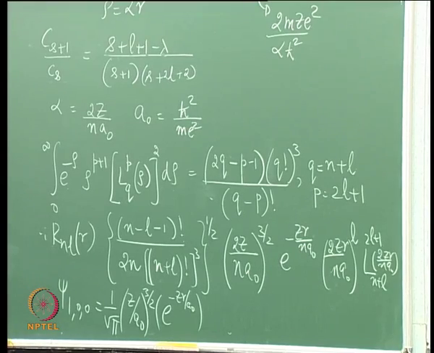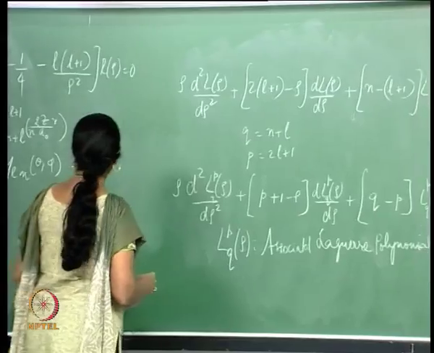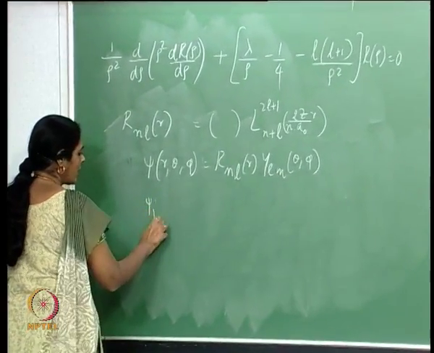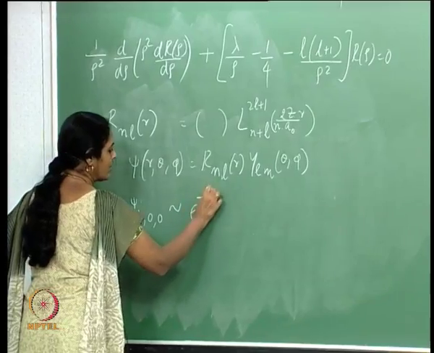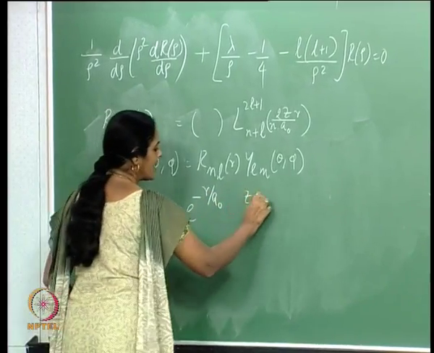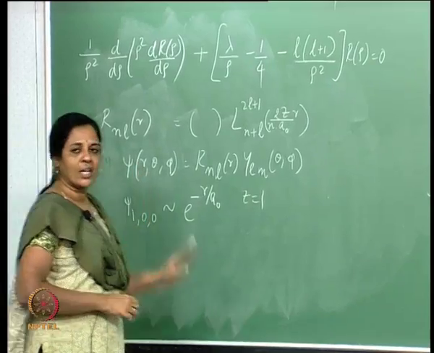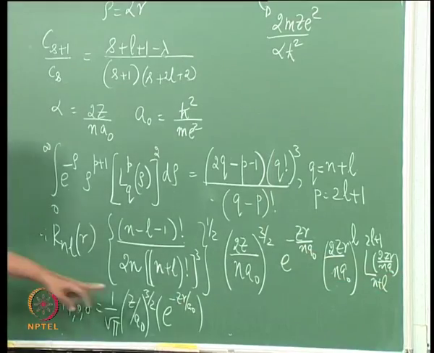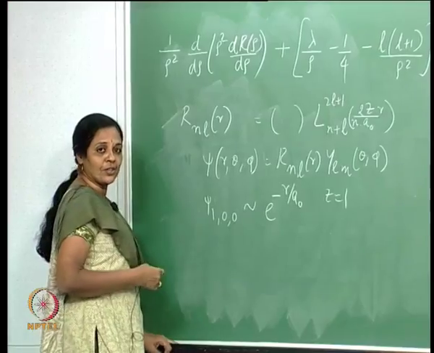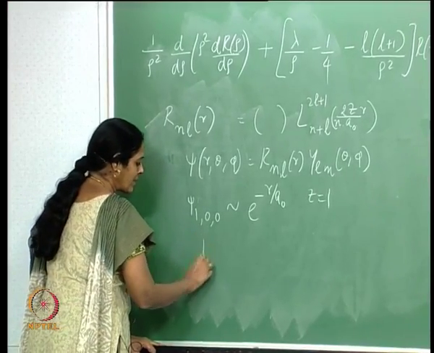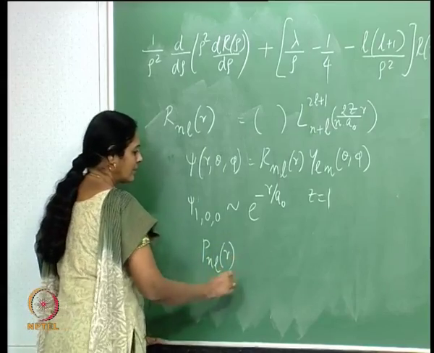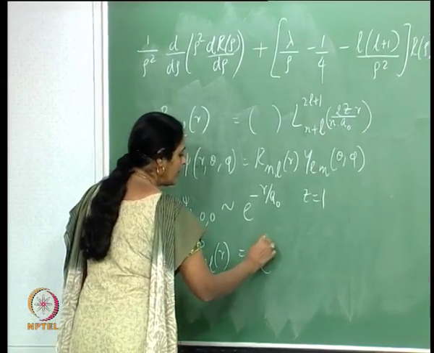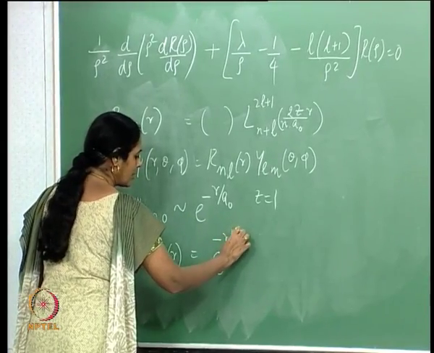Now you see, this feature is important for the following reasons. The ground state of the hydrogen atom is essentially e to the minus r by a naught. I have set Z equals 1 for the electron. I am just looking at the hydrogen atom. So, Z equals 1. And then what is the probability distribution of the radial position of the electron? So, that object is P_nl of r, and that's simply